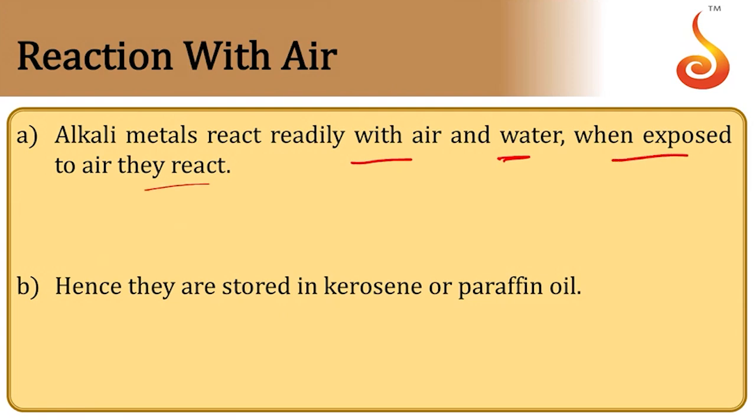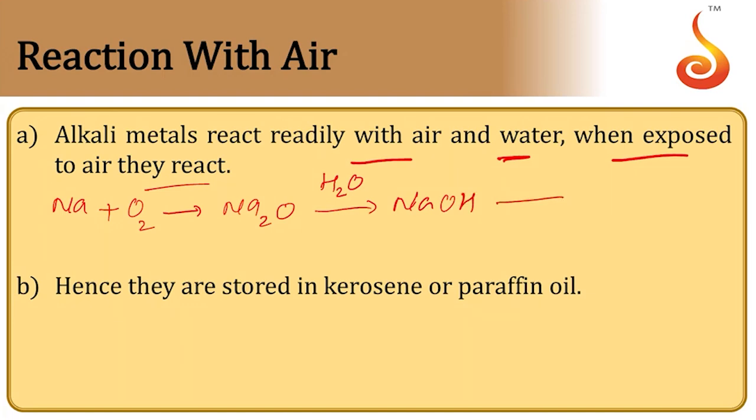Suppose when you are exposing the alkali metals to air, they react with air, and you can take a reaction like this. For example, sodium: when exposed to air, it reacts to form sodium oxide, and then this further absorbs moisture from the air and dissolves in it, forming sodium hydroxide. This may absorb even carbon dioxide from the atmosphere, and then it forms Na2CO3. It implies that when sodium is exposed to air, finally we are going to get sodium carbonate,